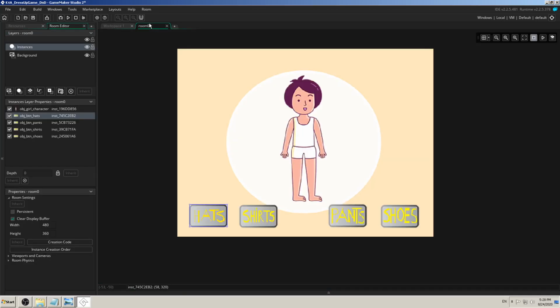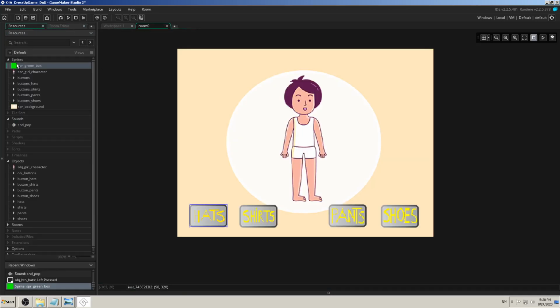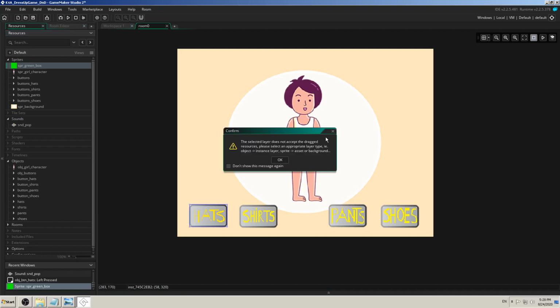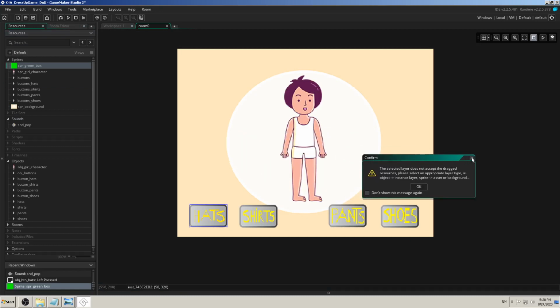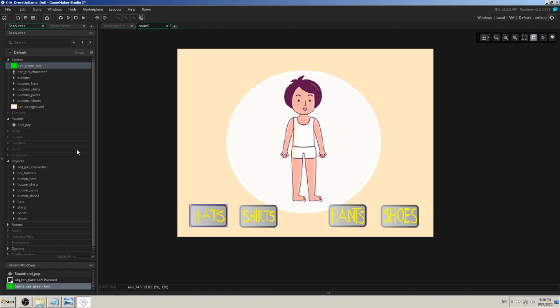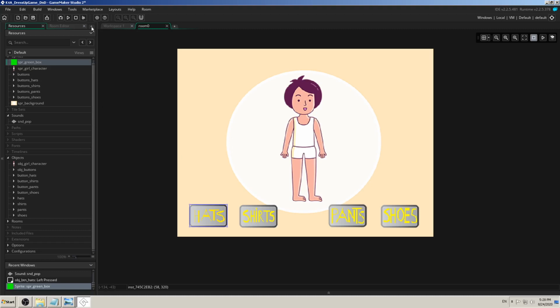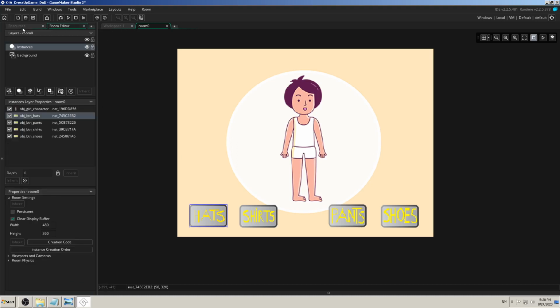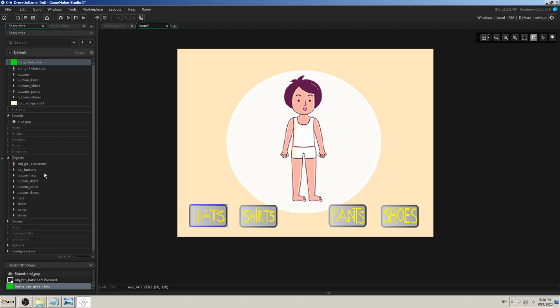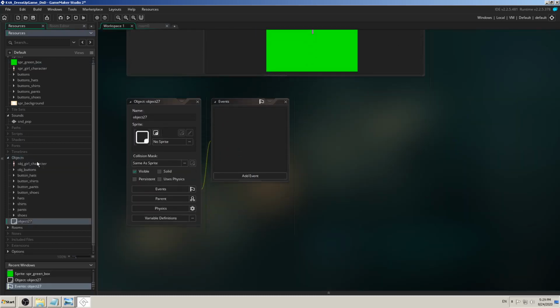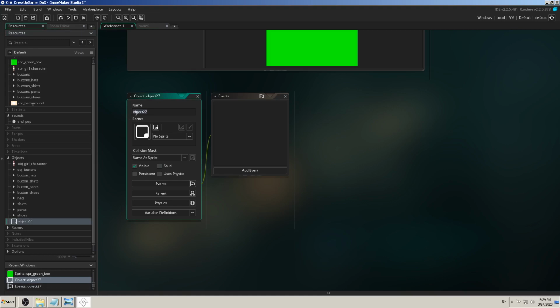But because that one is a sprite, if I try to drag it on the screen, I will get a warning, it's not possible to drag sprites onto the instances layer where you need only objects. So okay, I can solve that easily. I will make a new object. So right click on the objects folder, create object, call it button green,